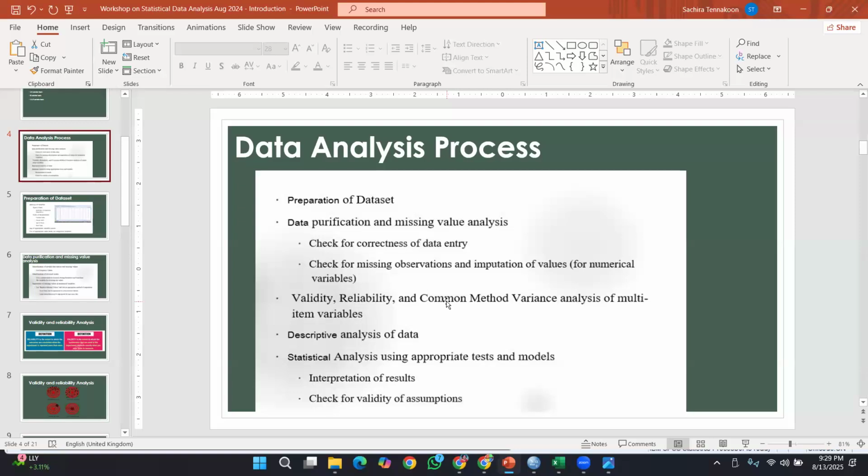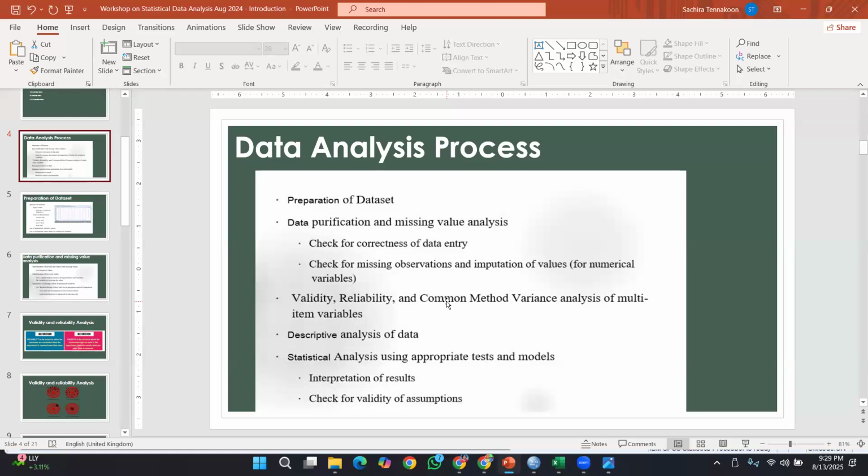Let's do the reliability, common method variance, and the validity testing. But relating to validity testing, many of the students are performing the KMO and Bartlett test, which I don't agree with, because the KMO and Bartlett test is testing sample adequacy for a factor analysis.